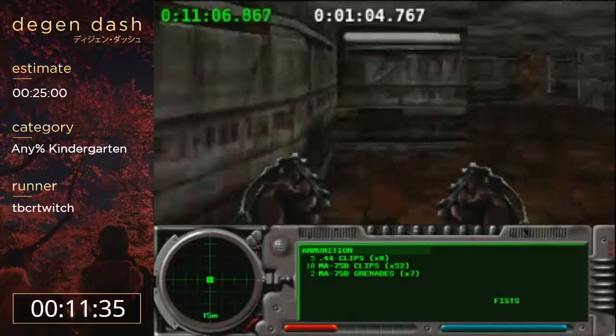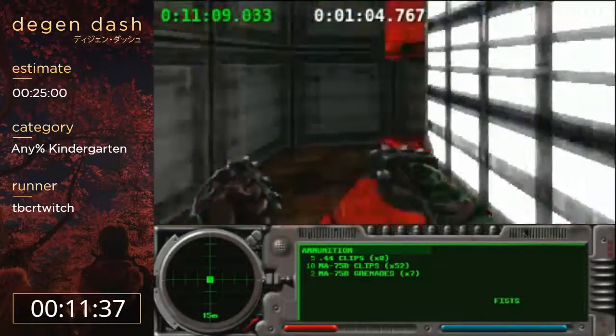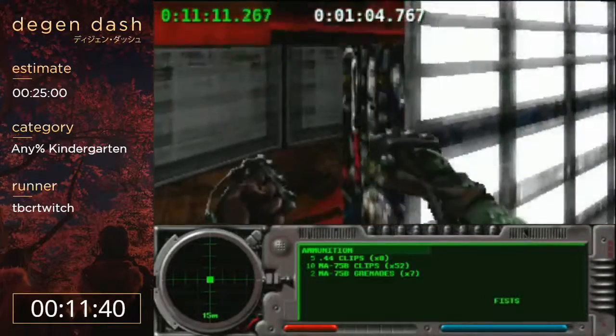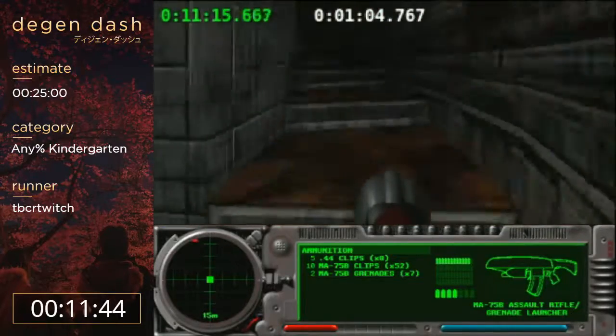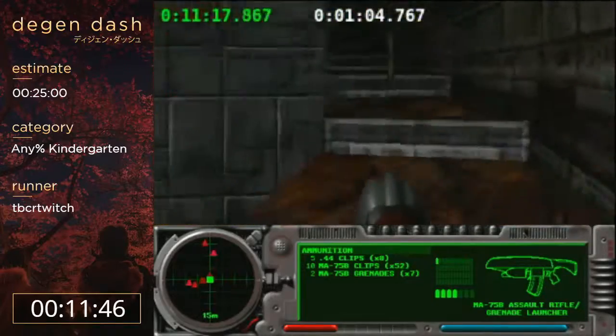Okay. I have a feeling if I take a death, it's going to be on the next level. If I take another death, it's going to be on the next level. Yeah, probably. I am going to do an intentional death just out of habit, just because...